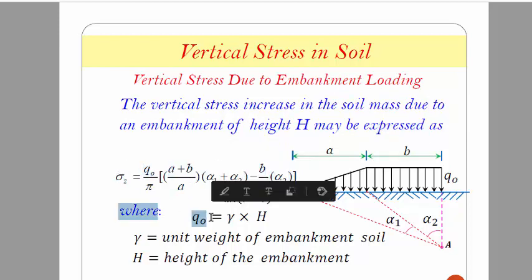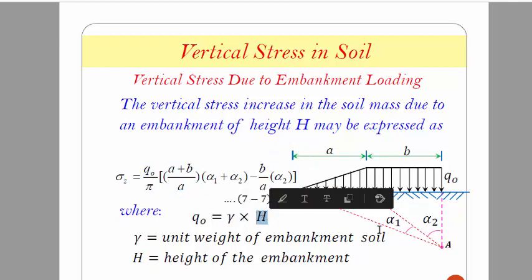According to this equation, what is q naught? Q naught is the surcharge. Surcharge will be calculated from the unit weight of the soil times h. Okay, at point A you calculate the vertical stress. So why is the angle alpha 2? Because this soil weight is 100 kilonewton. So according to 100 kilonewton, vertical stress is introduced by angle alpha 2, and according to alpha 1, you calculate the area of this portion properly, and the soil load is 75. So according to 75, at an angle alpha 1, your vertical stress is introduced.